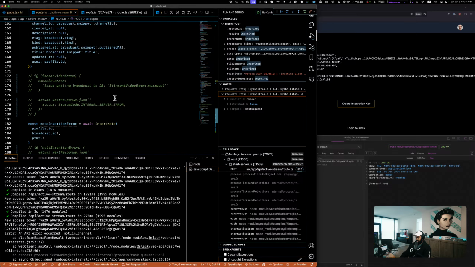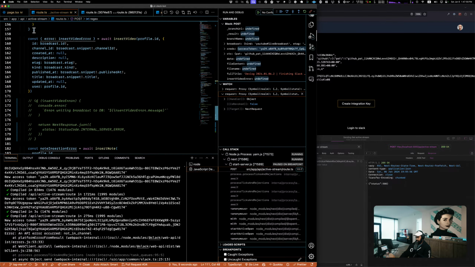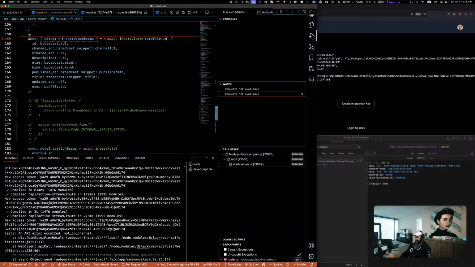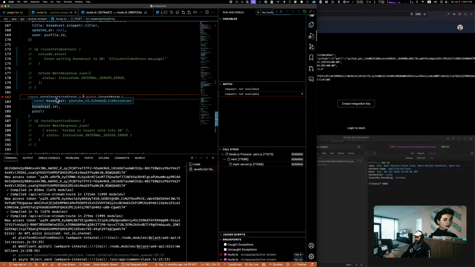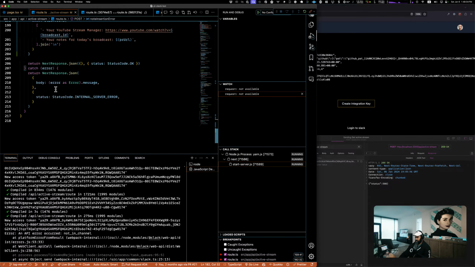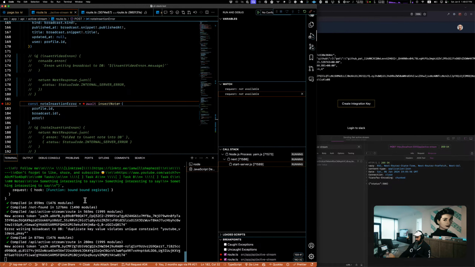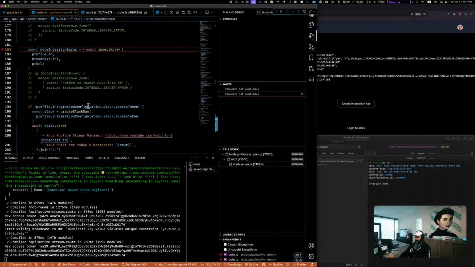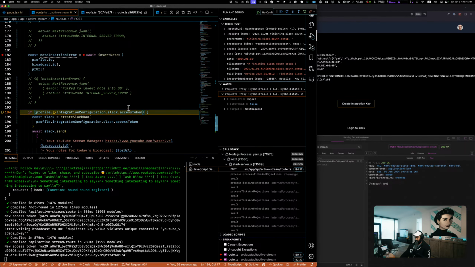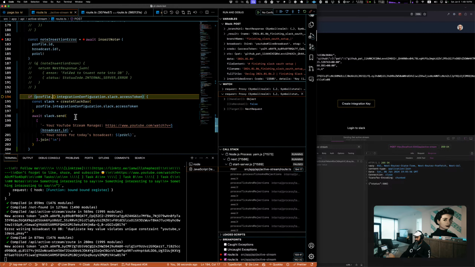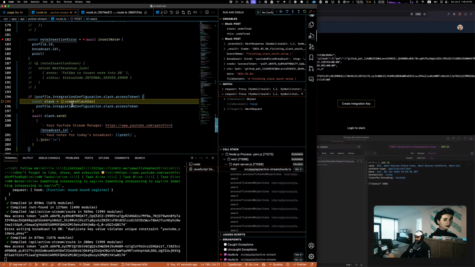No longer need that. Let's go down here. All right, we're good there. Let's see if we can insert a note. Wait, is it doing something? Yeah, okay. Profile integration Slack token. Okay. This is that dumb check that I did just to make sure that I get an access token, and I do. We're gonna create the Slack file. So now we have the thing.